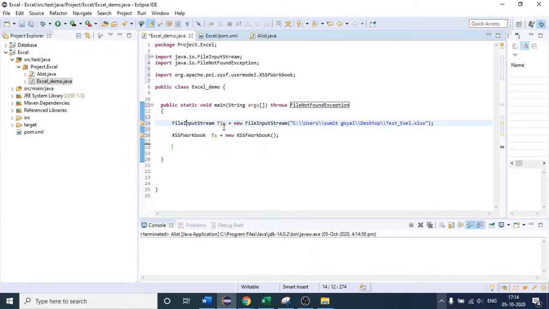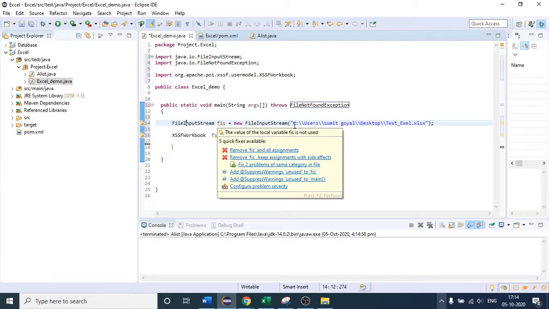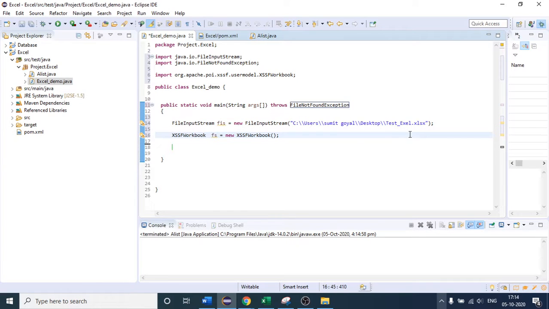What we are doing here, you can see this class, file input stream, is a class in Java which has the capacity to perform any operation on this file, right? So it can open this Excel. We are just providing the path of our Excel to this argument, and this object will now have the capacity to open this file, close this file, or read the data from this file. So this is how this class will work.